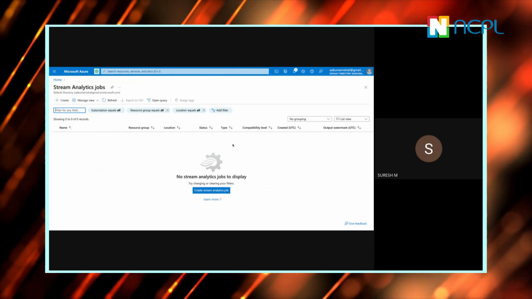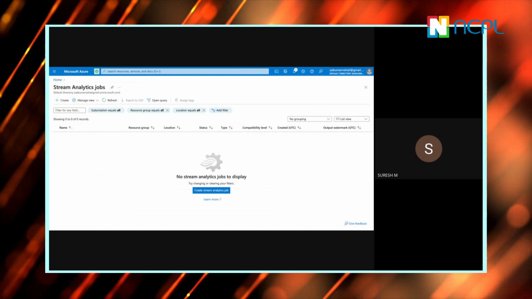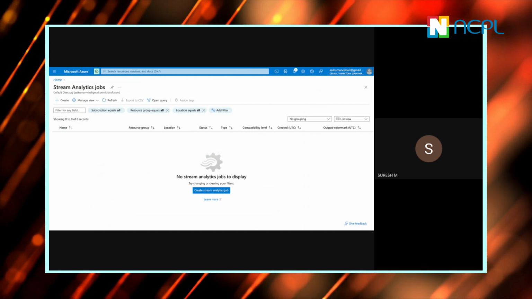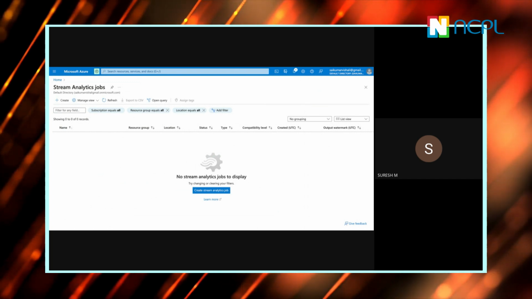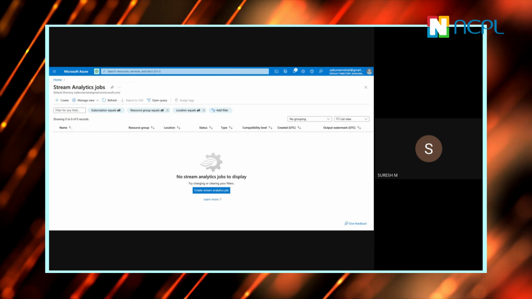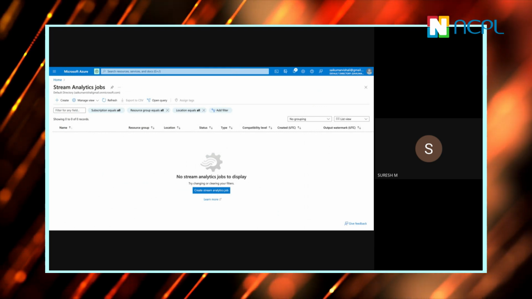So I told you that inputs are nothing but event hubs, IoT hubs, or blob, right? I want to understand from you in which scenario I should go for event hubs, in which scenario I should go for IoT hub, and in which scenario I should go for a blob. Now I'm purely starting with real-time processing.